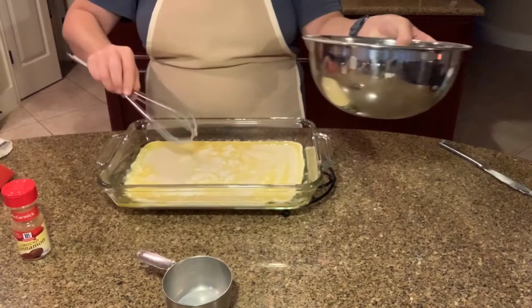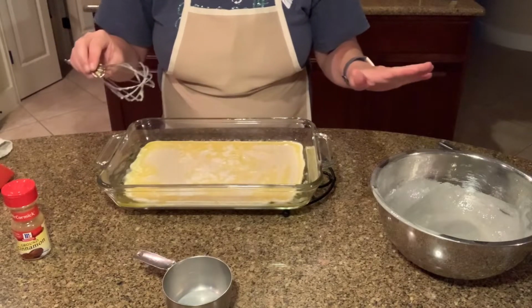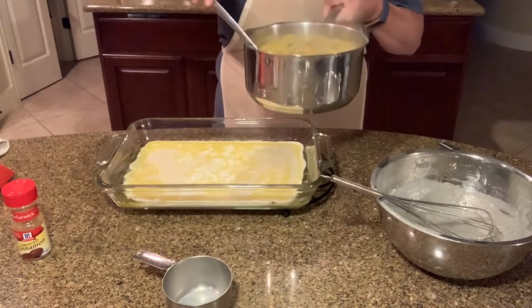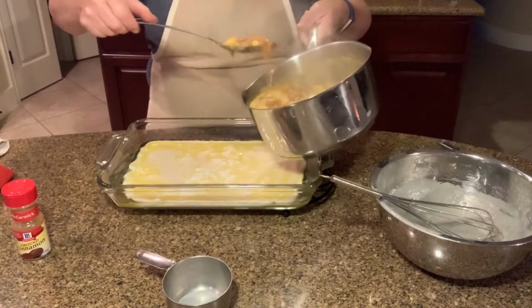Meanwhile, I've got the peaches just boiling away. So you dump this in there, you do not stir. Do not disturb it at all. You definitely want the peaches to boil hard, and they're going to have a nice little froth on top of them like that. And then I just kind of spoon the mixture